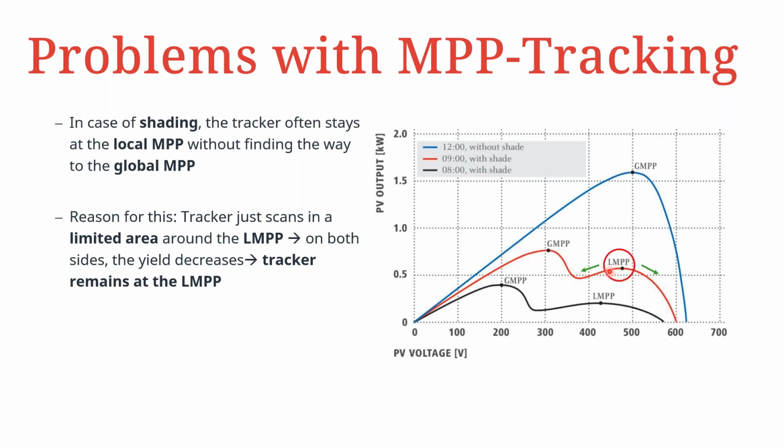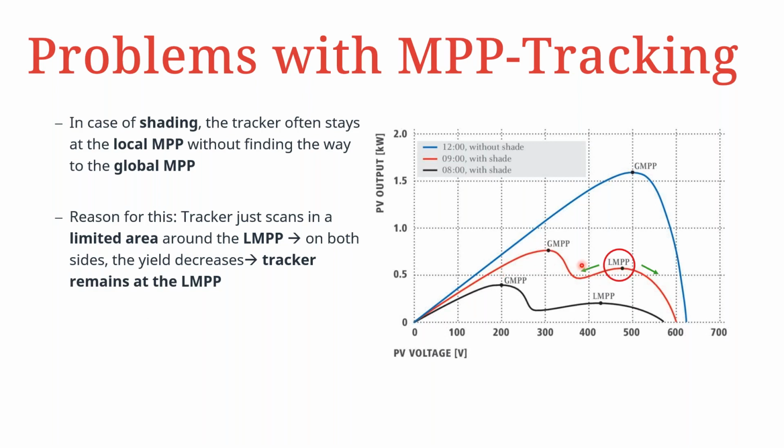The reason the tracker is getting stuck at this point is because once it tries to shift the operating point, either by reducing or increasing the voltage slightly, it notices that there is a drop in the power produced, and therefore it stays at this local maximum power point. So there is a loss in terms of what is possible to be produced even when there is